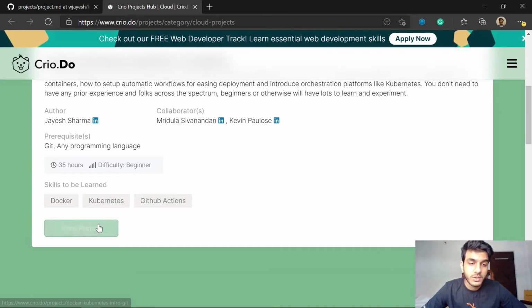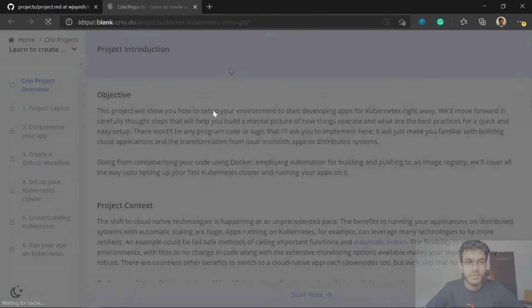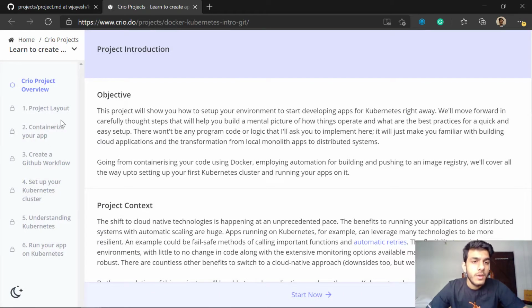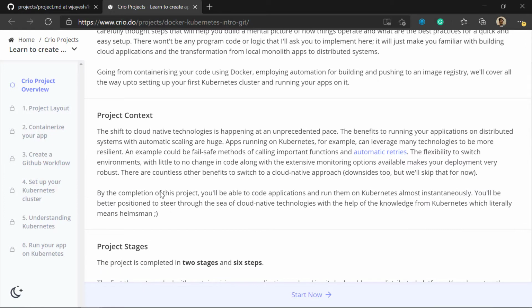Let's check this project out and we'll follow through. Okay, yeah, this is the banner thing. I need to close it off. So yeah, it has opened now. On the left side, there is a list of 6 tasks which I've made. And this is the first overview. This is how you get introduced to all of these tasks. Let's scroll down.